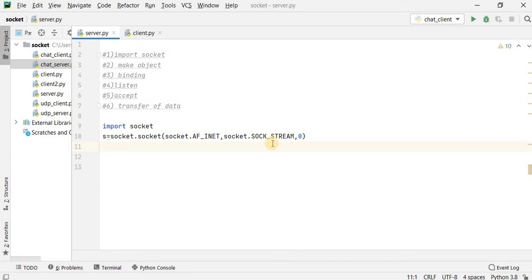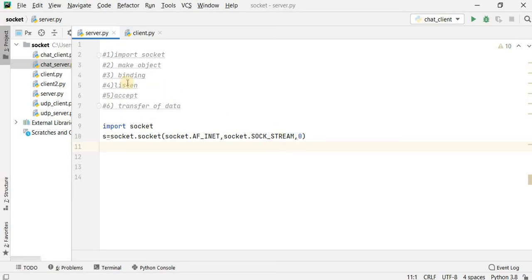You want to use TCP or UDP, and 0 indicates which version of the TCP protocol you have to use. In my case, I am using 0 because I am not creating any real-time application. I am using this only for the example and localhost purpose. So my first and second steps are completed.